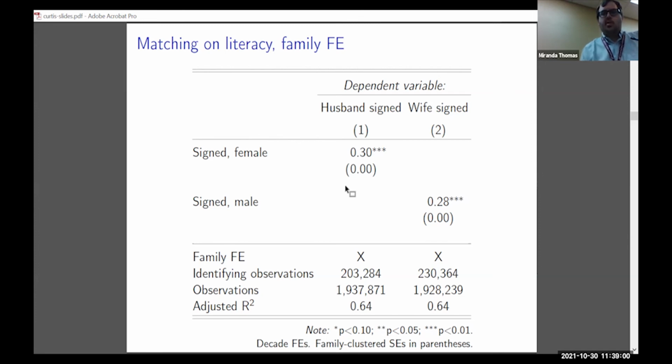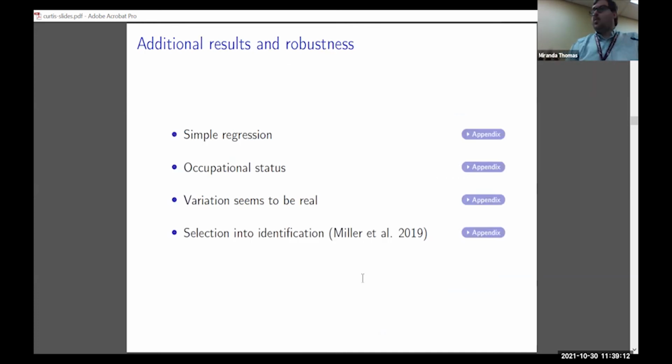So there is a caveat here. While I do have 2 million marriages, the samples where there's a family where one sibling is literate, one is illiterate, is much smaller than the rest of the sample. In the full paper, I talk a lot about this, but the variation does seem to be real. There really are these families where one sibling is literate, one is illiterate, and it's not always, say, the older sibling who's illiterate because of time trends and schooling. There does seem to be something going on. I think parents might be investing more resources into the more promising children to hopefully match them better in marriage.